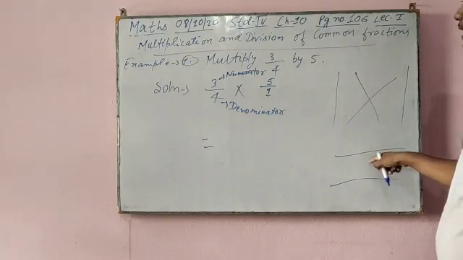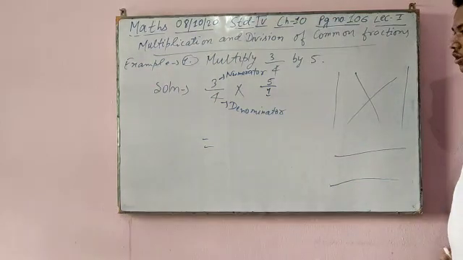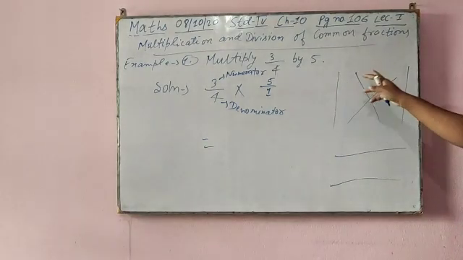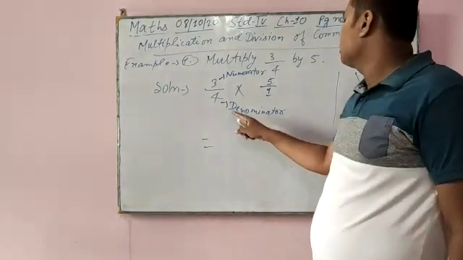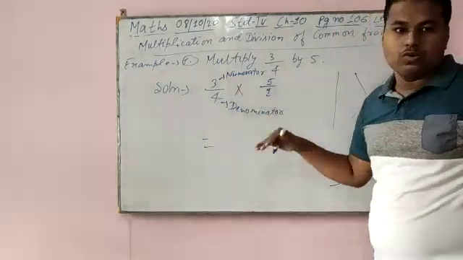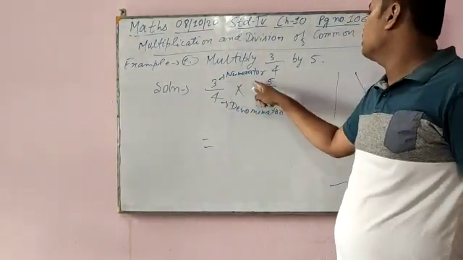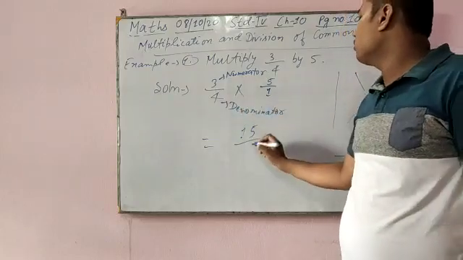We only multiply in this case. Numerator to numerator and denominator to denominator we multiply only. Never use this method to cut. Always use this method for crossing the number. See, you can cross. If you are not able to cross it, then multiply and write the answer. 3 into 5, 15 numerator, and 4 into 1, what?